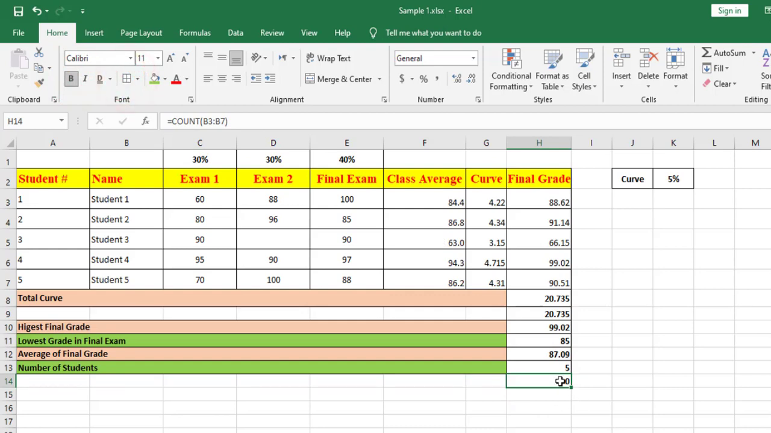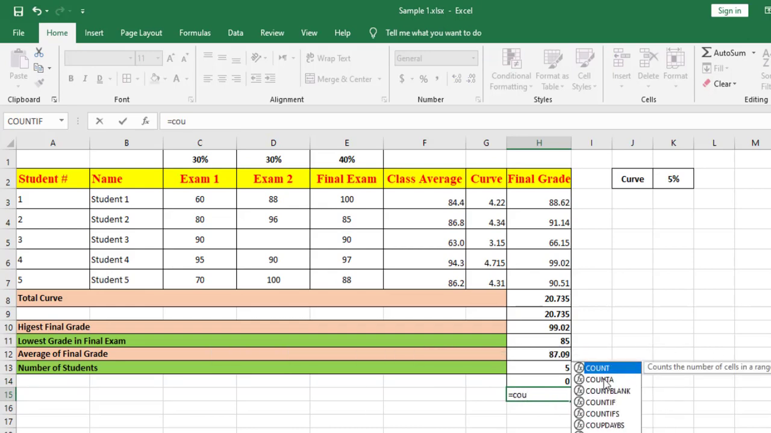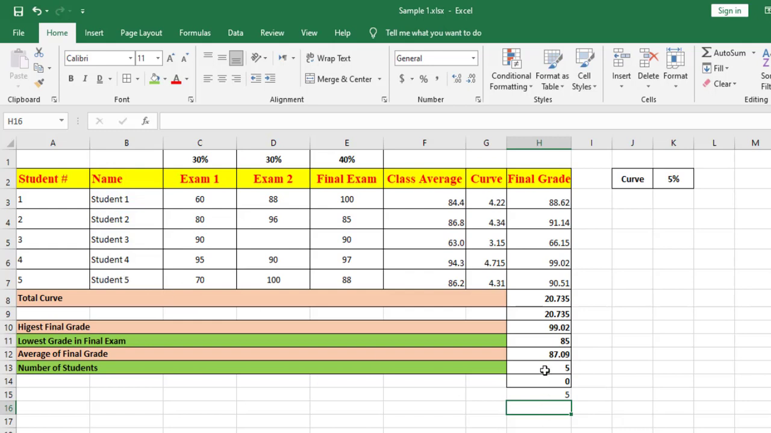it will give me a wrong number, which is 0, because count only counts numbers and does not count cells that contain alphanumeric values. To count alphanumeric values, I need to use a function called COUNTA. So equals COUNTA refers to alphanumeric. If I use COUNTA on the cells in B from B3 to B7, it will give me the correct